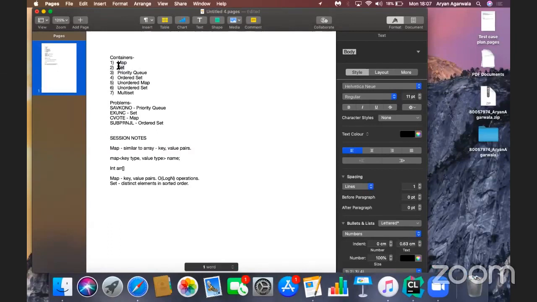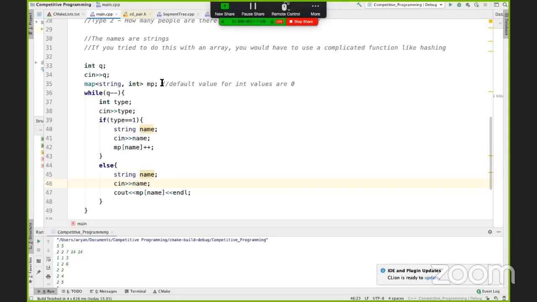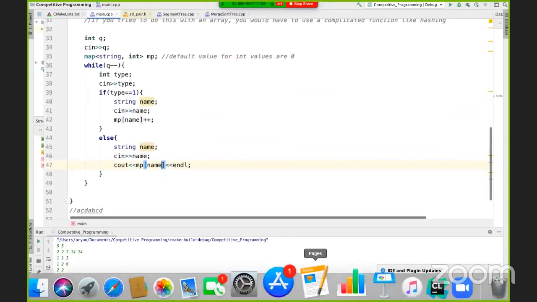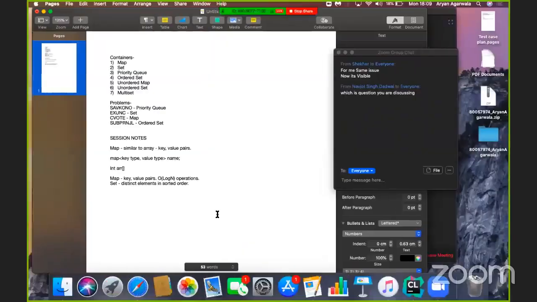Okay, so now I'm going to move on to the second container, which is set. Right, so that's the function of a map. Okay, I'll move on to set now. So a set,